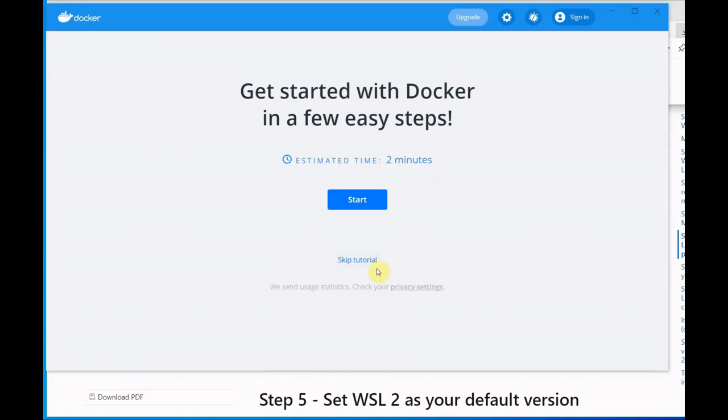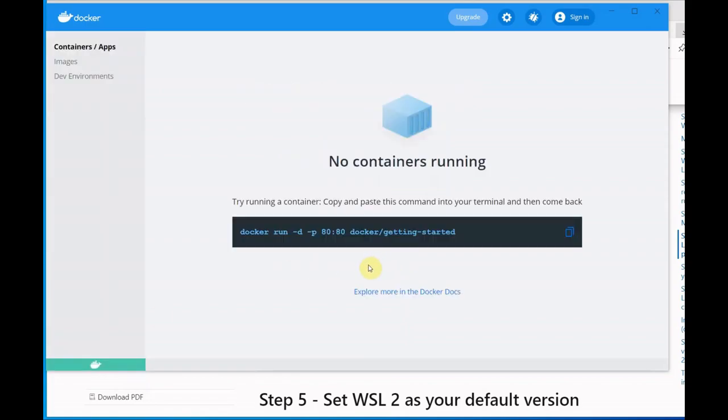And now simply skip this tutorial. Our Docker has started and we don't have any containers because it's a fresh installation. So here the bar changed from red color to green color, because green means it's running.